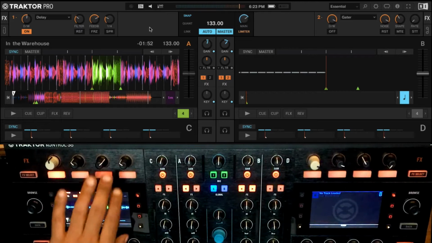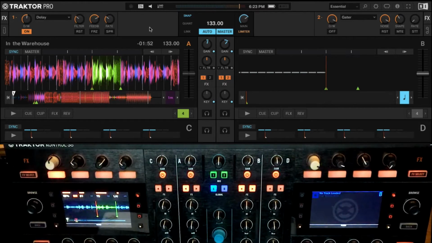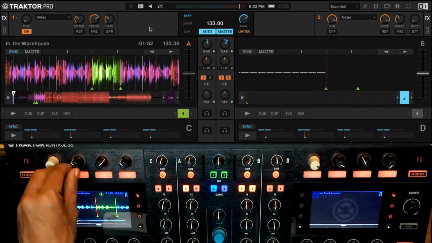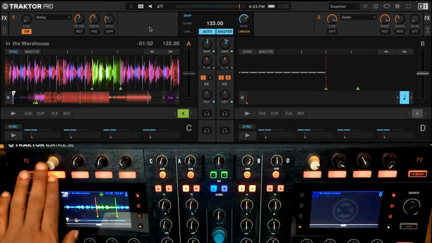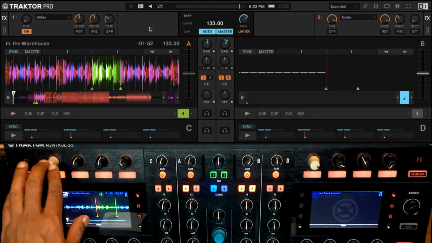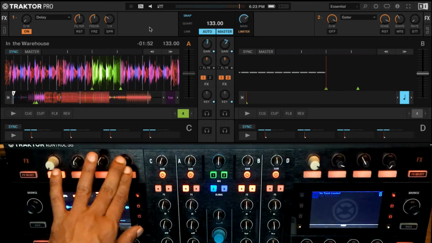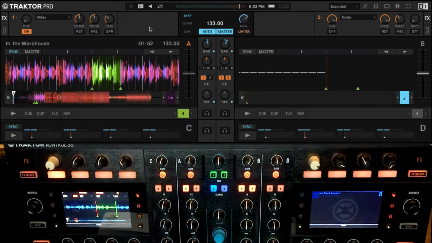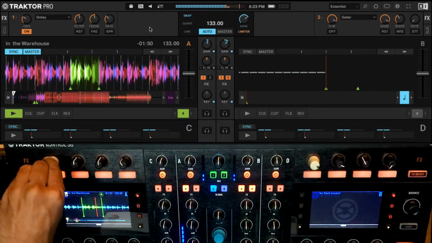So the way to use a delay would basically be by first deciding the rate. Okay. In fact, I'm going to put the dry wet to 0, keep my filter and feedback at a value that I like. So I want to slowly bring in my delay by using the dry wet. So right now I've got it at 1/4, which is sort of going to give me like a fill or like a roll as I bring it in.